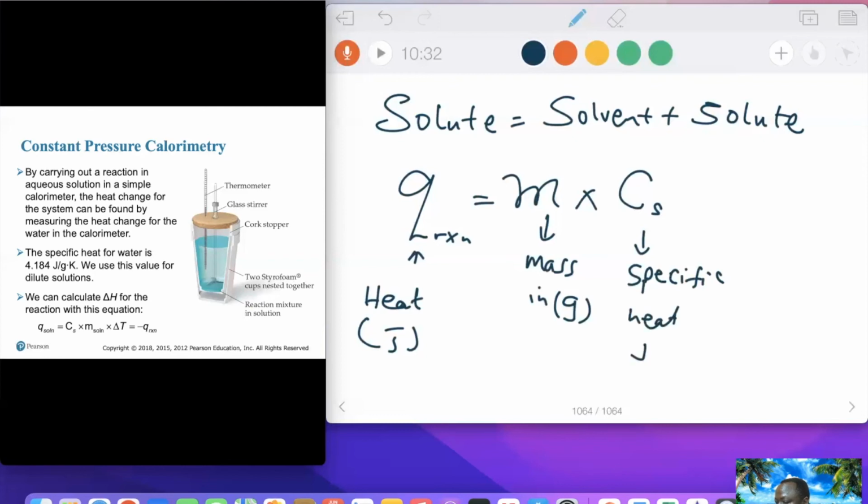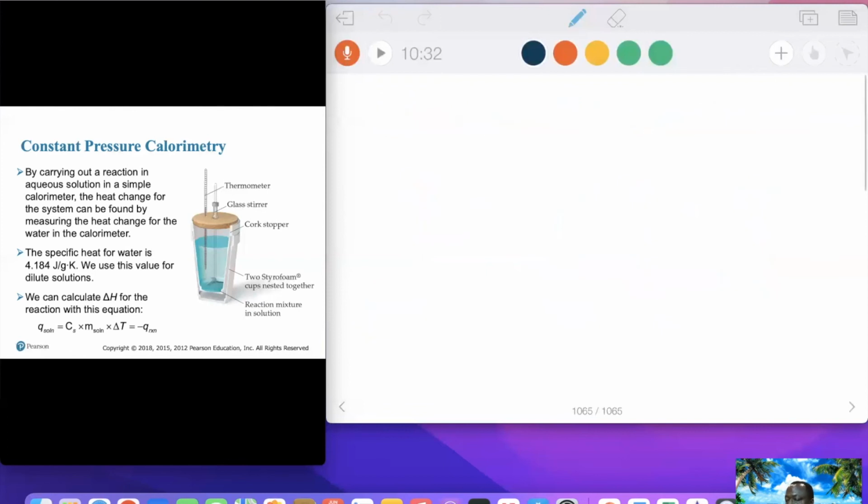And this is joules per degrees times grams. And then times what? Times this. This is something new. This is change in what? This is change in temperature. Change in temperature. On this slide, this is change in what? Change in temperature. Change in temperature,